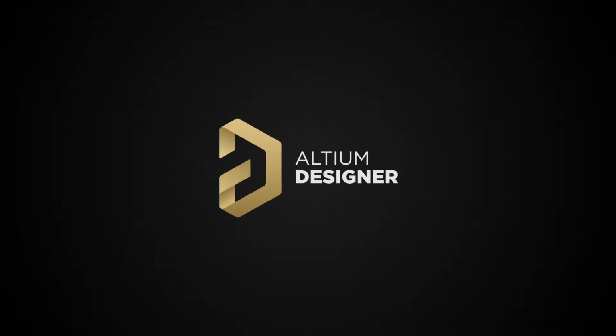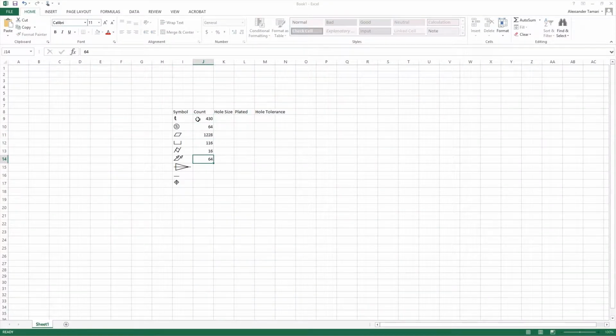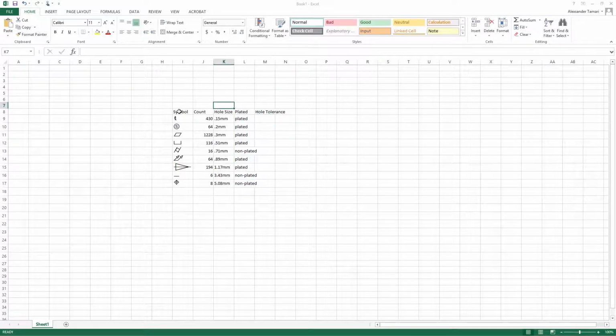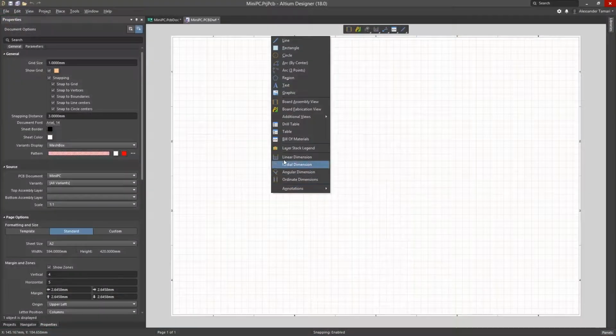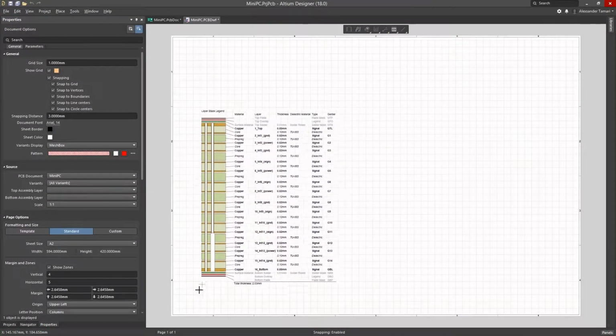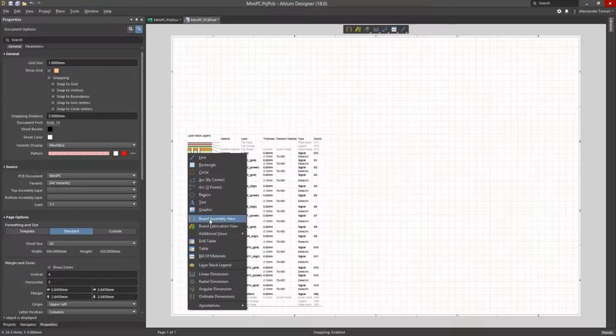Unexpected design changes shouldn't force you to painstakingly recreate your documentation again. The less time you have to spend on documentation, the more time you can dedicate to solving design challenges. With Draftsman and Altium Designer, you no longer have to waste your time when modifying and creating your fabrication and